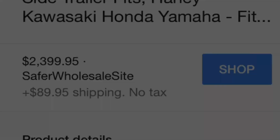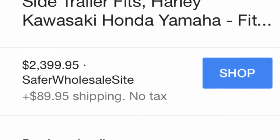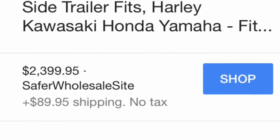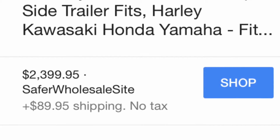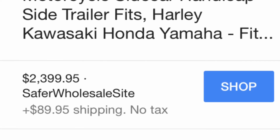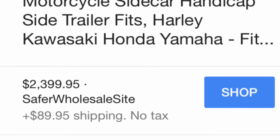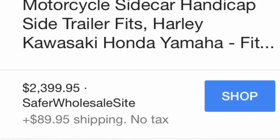And the next bike is one I found just by accident. I was looking for the wheelchair motorcycle where the whole bike is like a carriage, and you just wheel your wheelchair up into it, and then you can just ride with the wheelchair, you sitting in the wheelchair, basically. It hunkers your wheelchair down and you can ride the motorcycle. They're a lot of money, but I came across this, and I decided to put this up for you guys to look at. If this is a legit sidecar adapter kind of deal, it's a sidecar, but